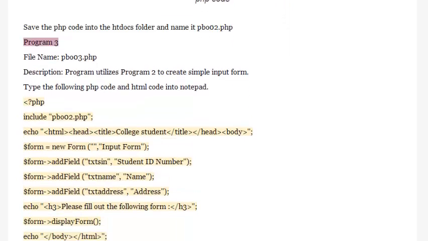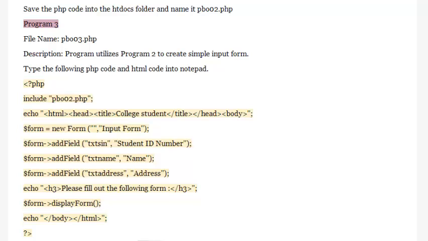Program 3. File name bo03.php. Description: the program utilizes Program 2 to create a simple input form. Type the following PHP code and HTML code into Notepad. <?php include "bo02.php"; echo "<html><head><title>college student</title></head><body>";